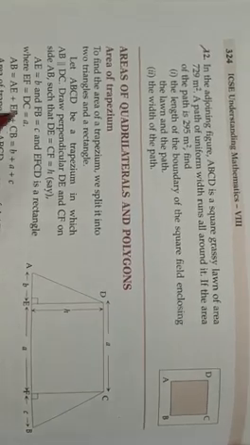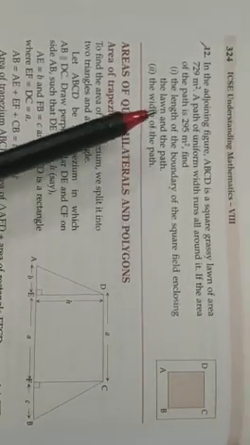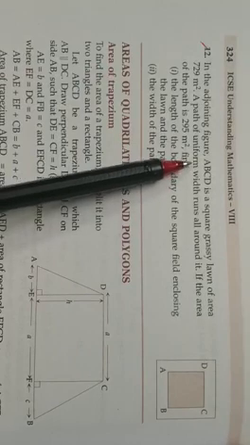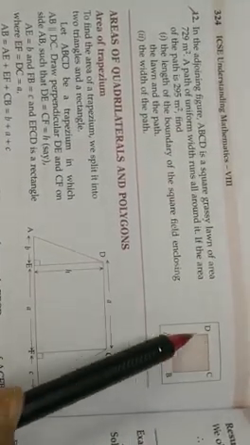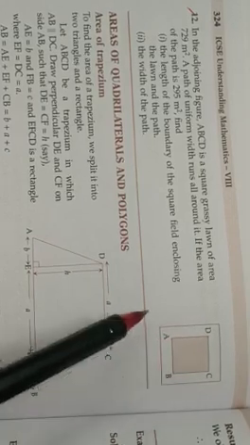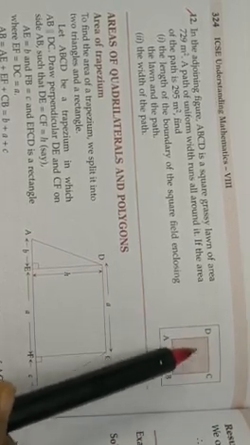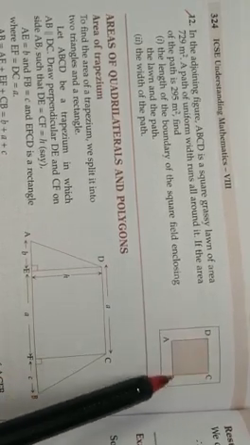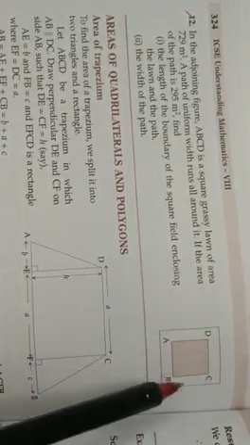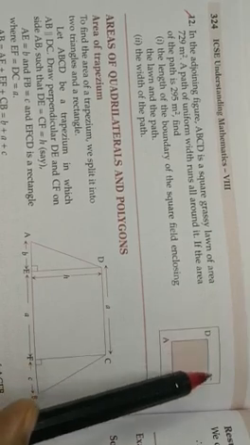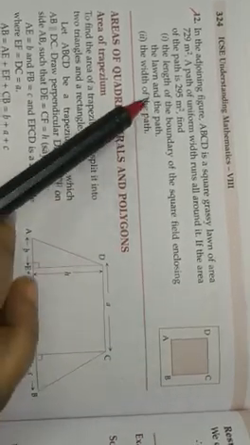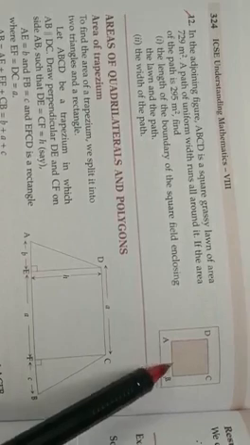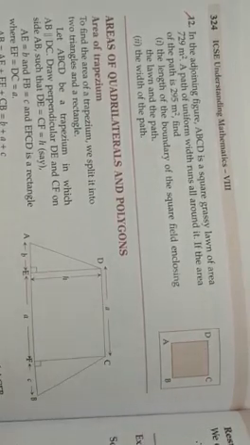Okay. The next question which we have taken up is here. It says, in the adjoining figure, ABCD is a square grassy lawn. So here is a lawn, ABCD, of area 729 meters square. A path of uniform width runs all around it. If the area of the path is 295 meters square,